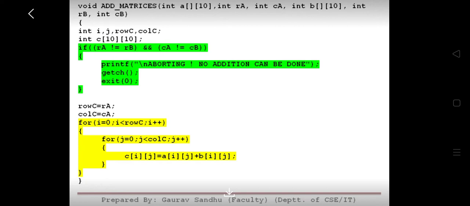It receives two matrices, or two 2D arrays, int A and int B. Here int RA and int CA are the rows and columns of matrix A, and int RB and int CB are the rows and columns of matrix B. Looking at the green highlighted section of the program, we are checking if the rows and the columns of the matrices mismatch. Then we will simply abort and do no addition.